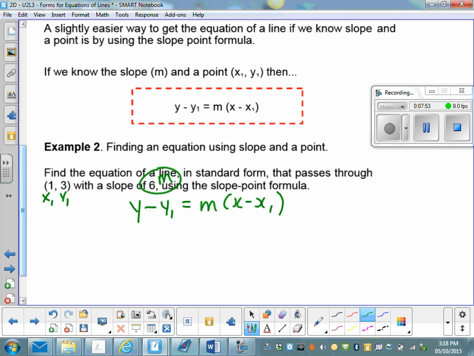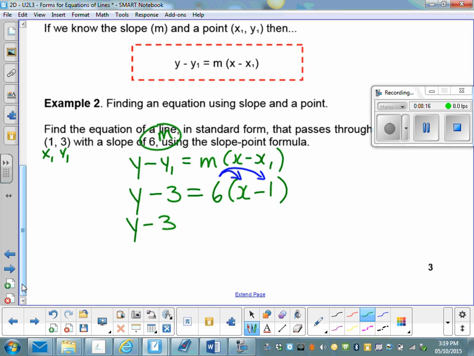So if I plug those three values in again, just like I did up above, but it's a slightly different formula here, it's going to be y minus 3, m is 6, x minus 1 goes there. And then I need to simplify this and write it in standard form. So y minus 3 is fine as it is. I need to distribute the 6. So I multiply the 6 inside the bracket, and then to write it in standard form,